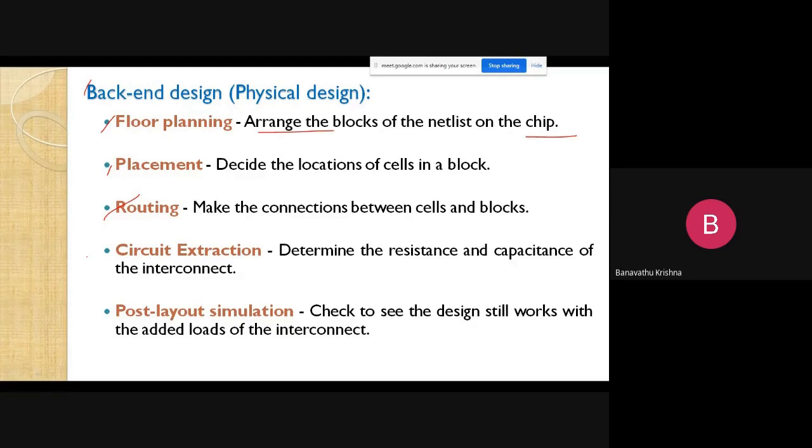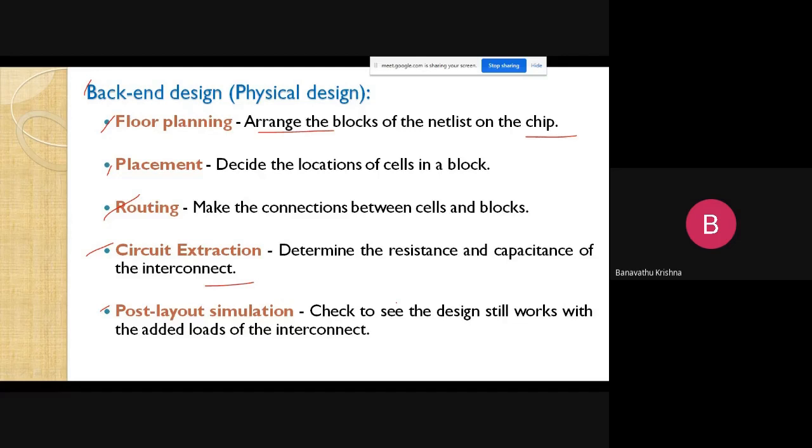Okay, and then circuit extraction: determine the resistance and capacitance of the interconnects. So there is a parasitic capacitance, you know, the interlayer capacitances. You have to extract that also. And then post-layout simulation.